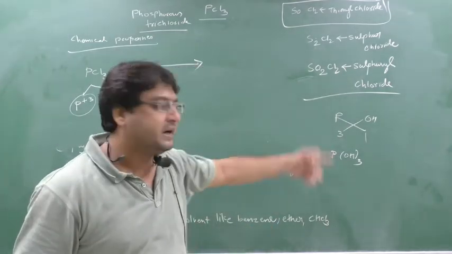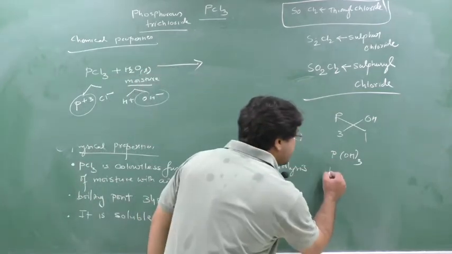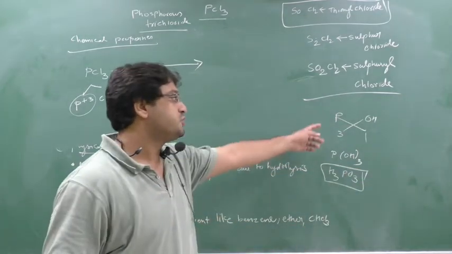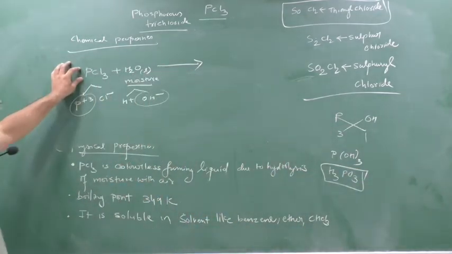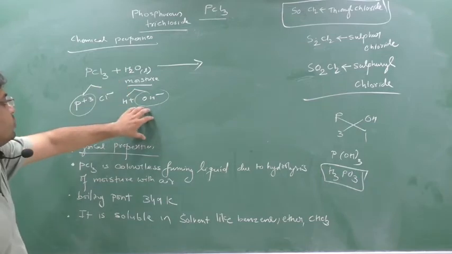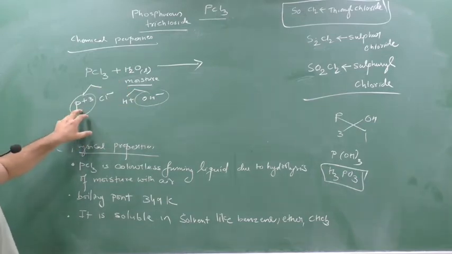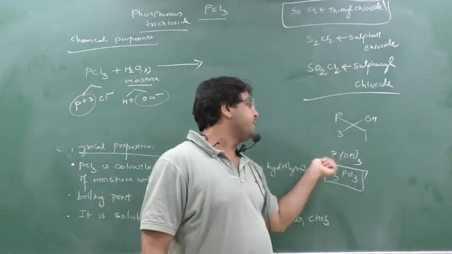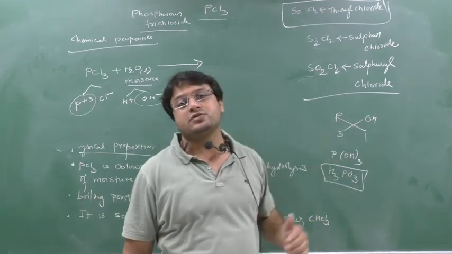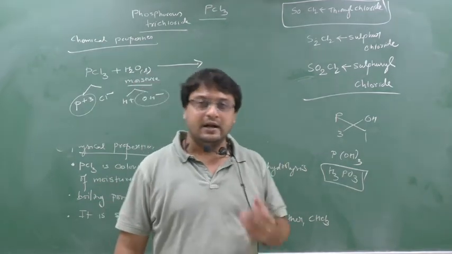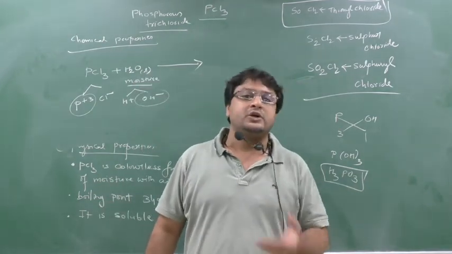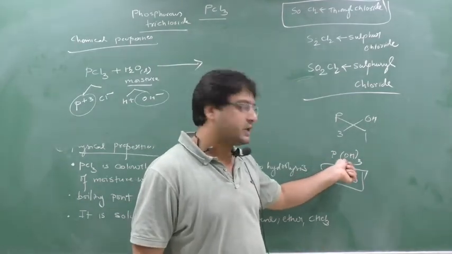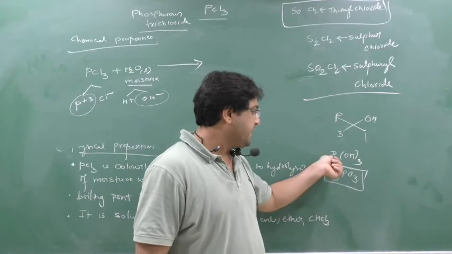It is not a hydroxide. Instead of a hydroxide, it is an acid. Which acid? H3PO3. Please remember this. Most of the students get confused here. So what I have done: I have taken P plus 3 and Cl minus, and here H plus and OH minus. When I combine plus with minus, P plus 3 and OH minus, I form P(OH)3. 90% of students say phosphorus hydroxide. But phosphorus is a non-metal, and a non-metal cannot form a hydroxide, it can form only an acid. So it is not phosphorus trihydroxide, actually it is an acid, that is H3PO3.